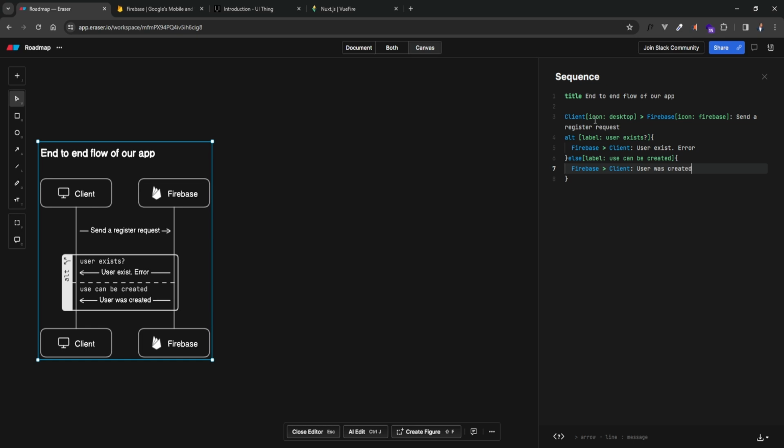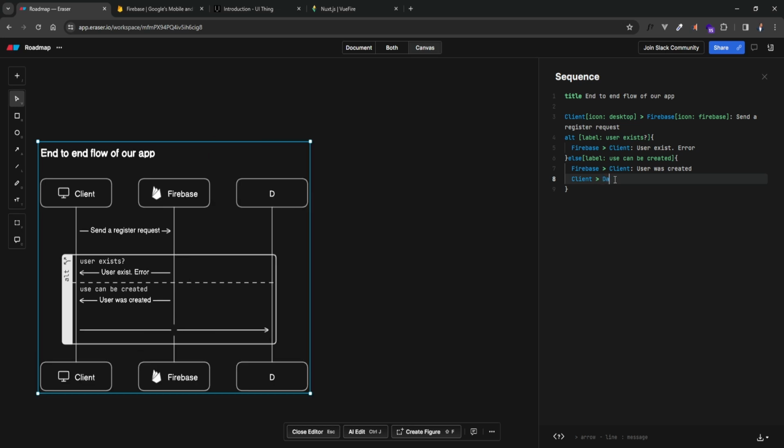And at this point, the user is going to be logged in, right? And once the user is logged in, then our client needs to redirect our user to the dashboard. So we're going to represent that by saying that the client is going to send the user to the dashboard, and we're going to give our dashboard an icon as well, grid. And it's going to say redirect